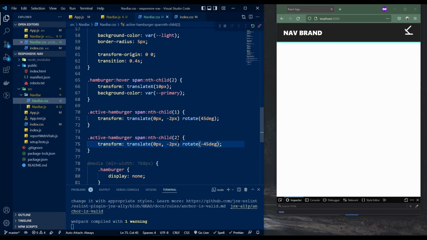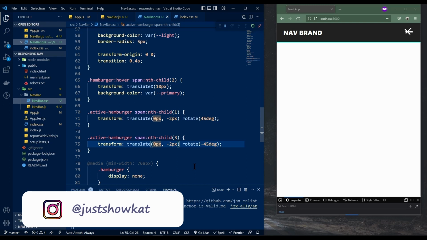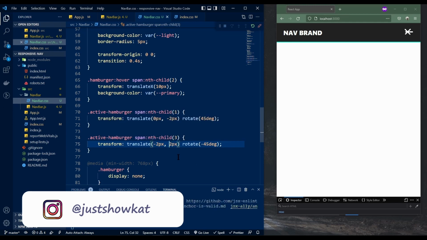Okay, let's do the number 3. That would be much better. Yeah, I want to change the value here a bit, that way it might look a bit nicer, not 20 pixel. So I want to add 2 pixel. Yeah, this is okay. And